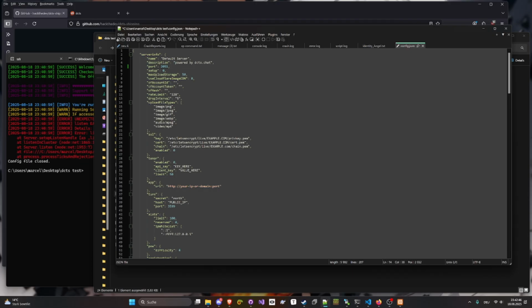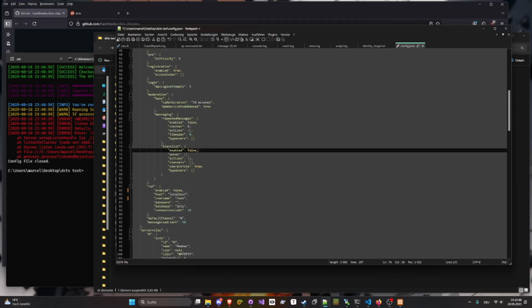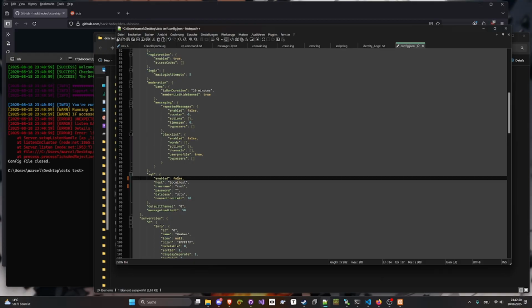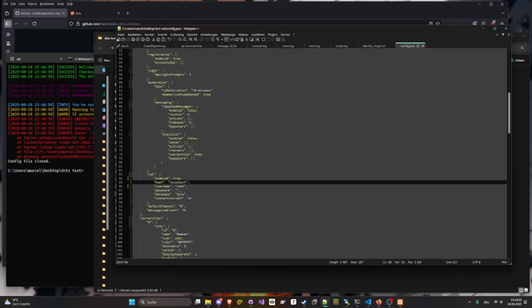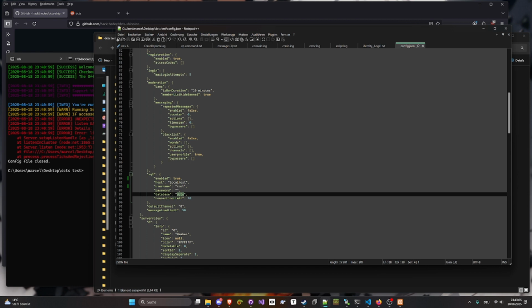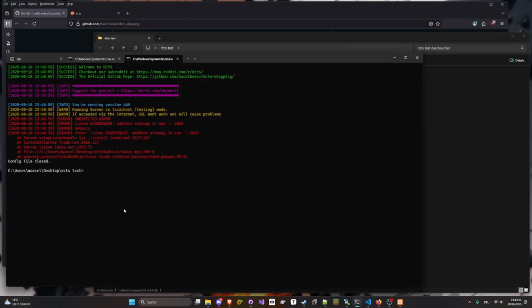I absolutely recommend that you enable SQL if you have one installed and running, of course, because without it you're not gonna have most features unlocked because they rely on it. But I already have one running. I'm using XAMPP, as you can see down there, for local testing. So if we run it again,